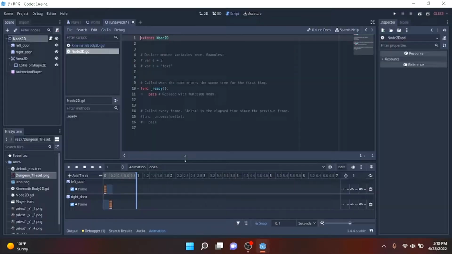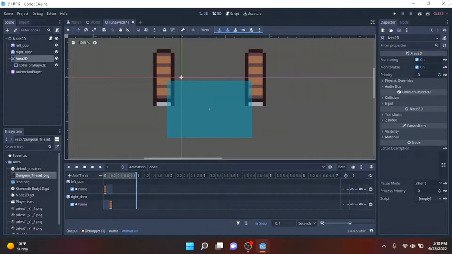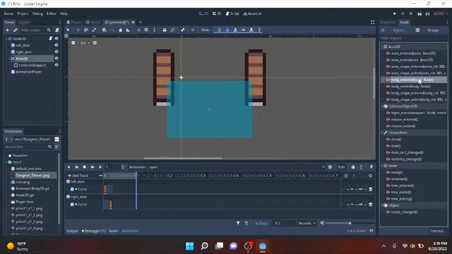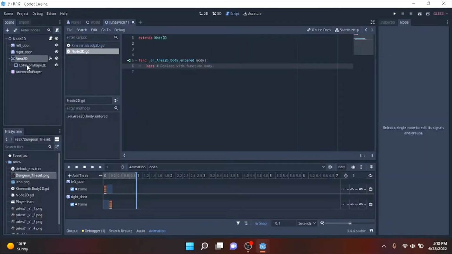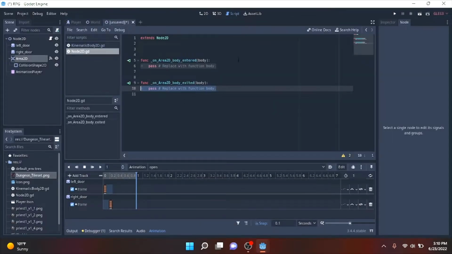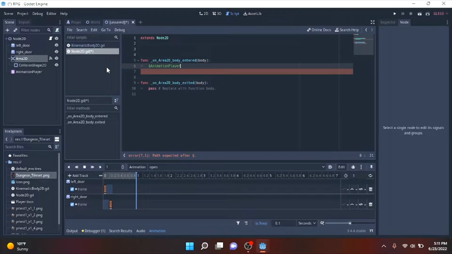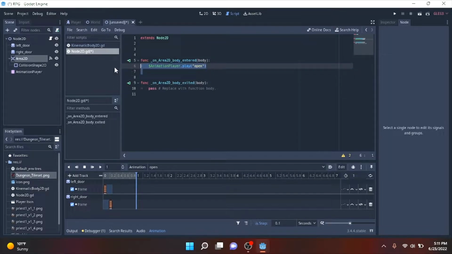So let's create a script. Should have made it empty, but it's fine. We can just delete it. Then go to the Area 2D and then connect two signals. Body entered, because our character is a kinematic body, and then body exited. Now let's go to body entered and then click tab to indent it if you accidentally deleted it. So then animation player dot play, we can do, for entered, it's open, and then exited is